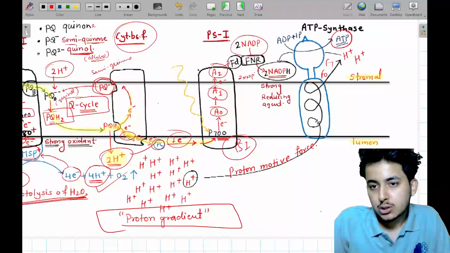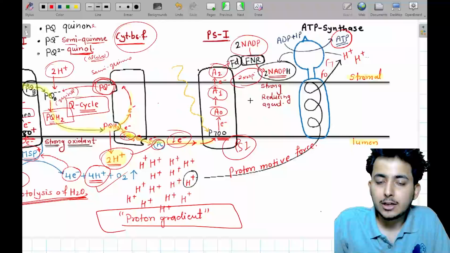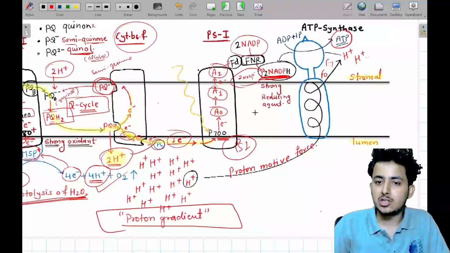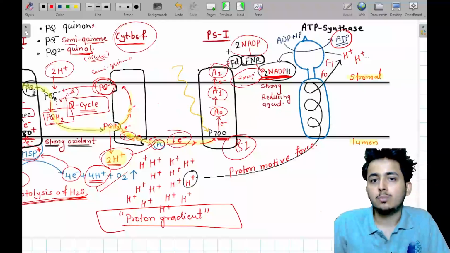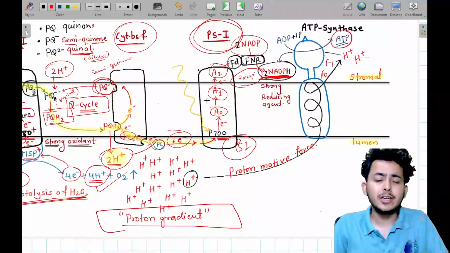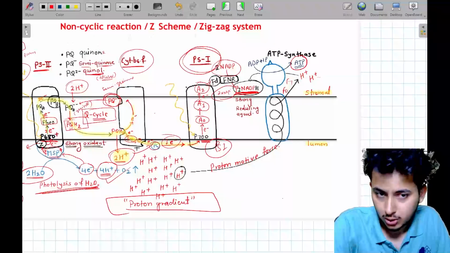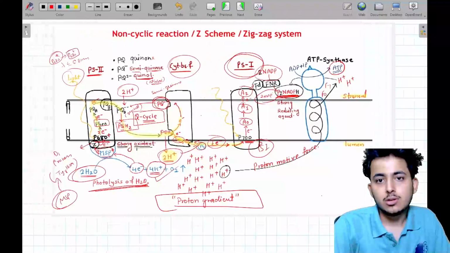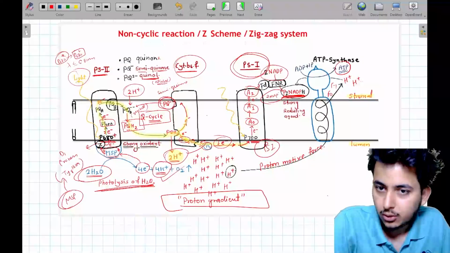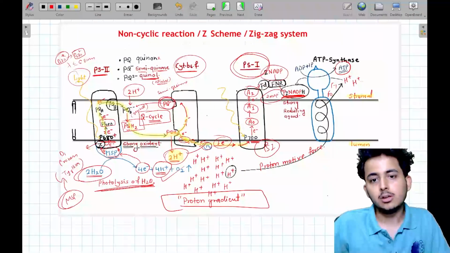And the excess protons which are being pumped out, these protons combine with this NADP negative negative and form NADPH, that is the strong reducing agent. So PS1 is causing the formation of a strong reductant and PS2 is forming a strong oxidant, okay. So this was the overall thing for the Z scheme, how it is working, what is the Q cycle,